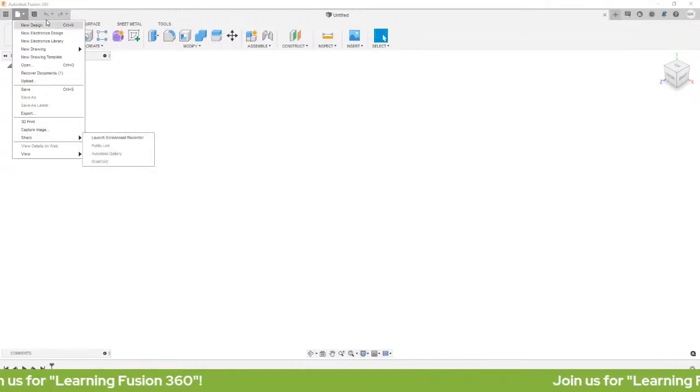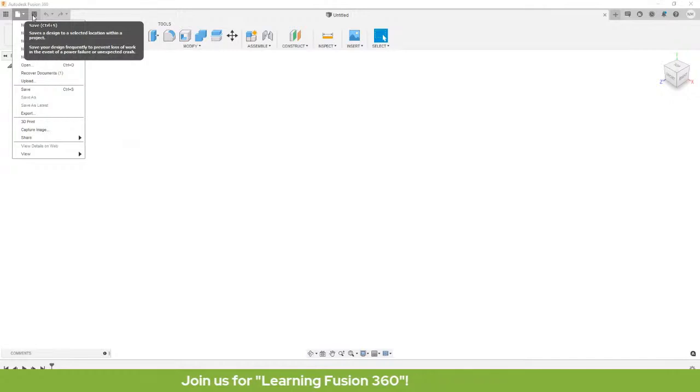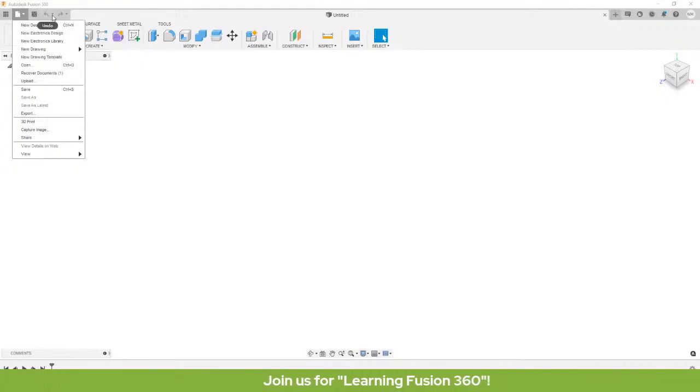Next, we have save, to save an untitled design or save changes to a design. Next, we have the undo and redo.